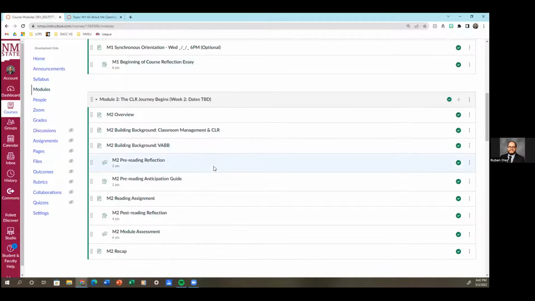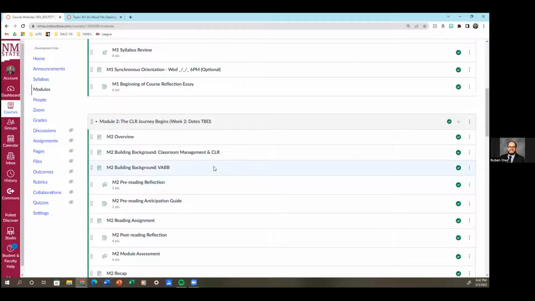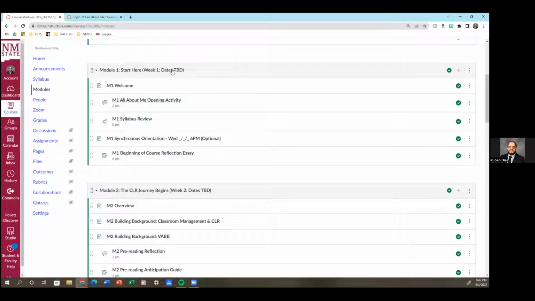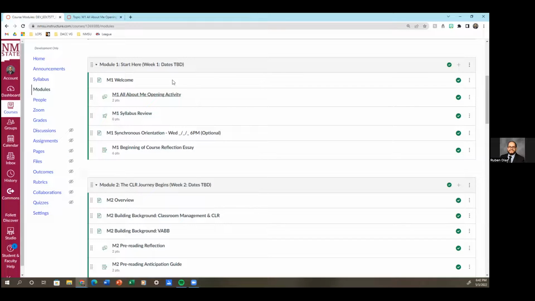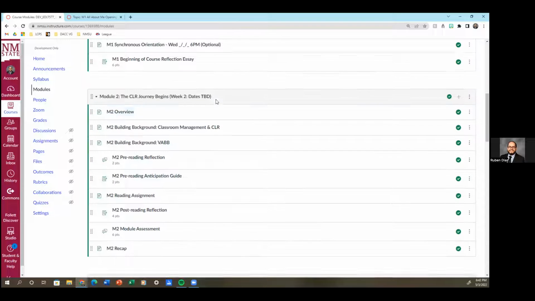So then as far as the actual content modules go, this is a 7-week professional development. So every module is intended to be 1 week. Right now, as you can see, every title of the modules I have with a week 1 dates TBD all throughout. Obviously, I would fill in those dates once I were actually running this course and I knew when it would start and end. But I like being able to put these clarifying extra details in the title just because it reinforces the flow of content very easily. So it makes it nice and quick to navigate where you're at in the course. So module 2 is also a week.